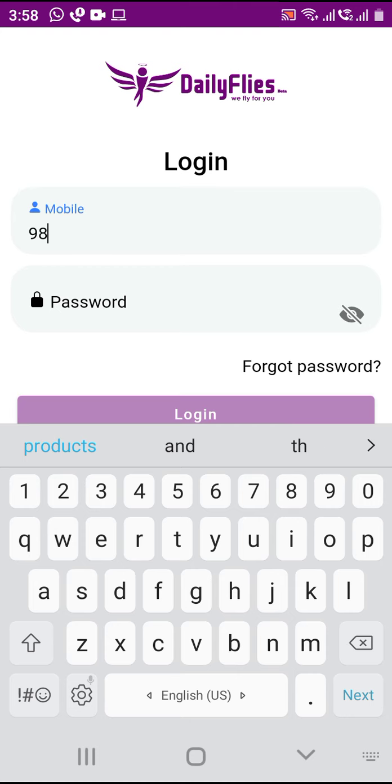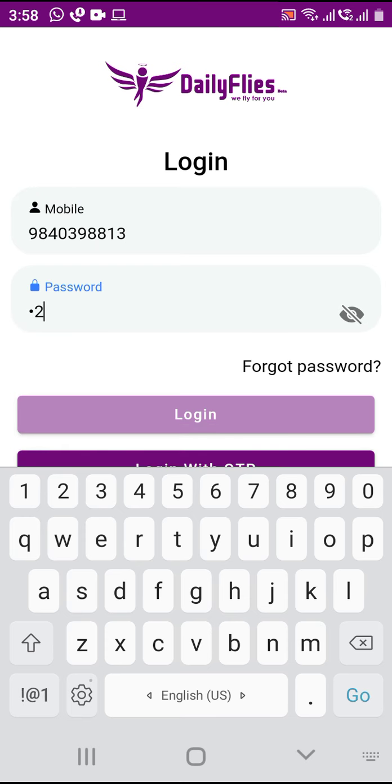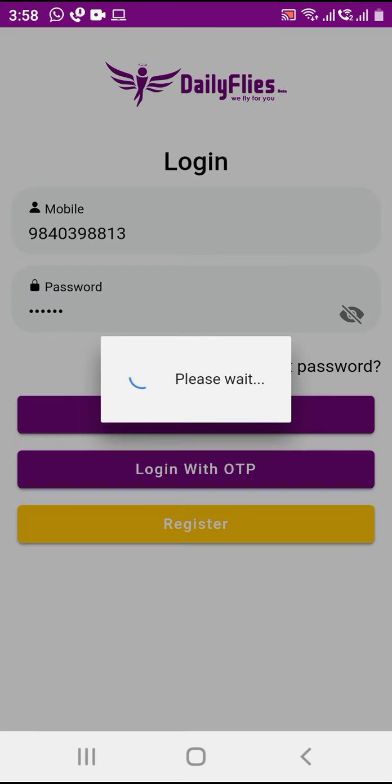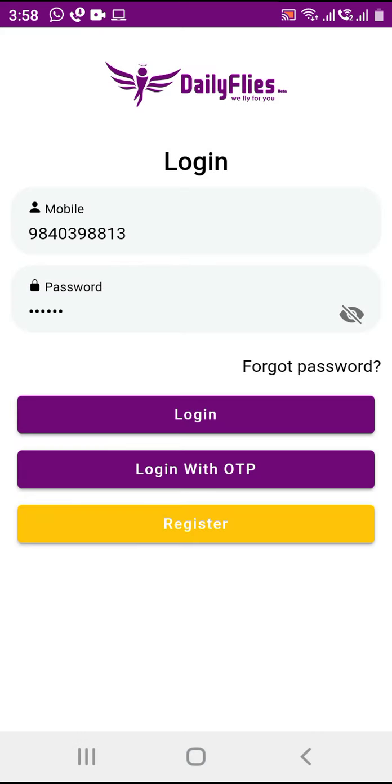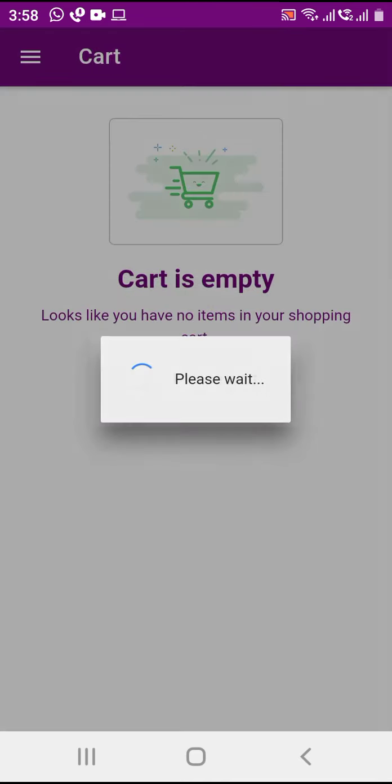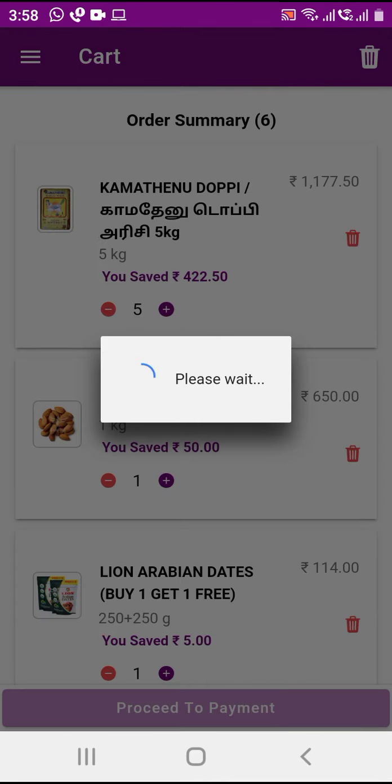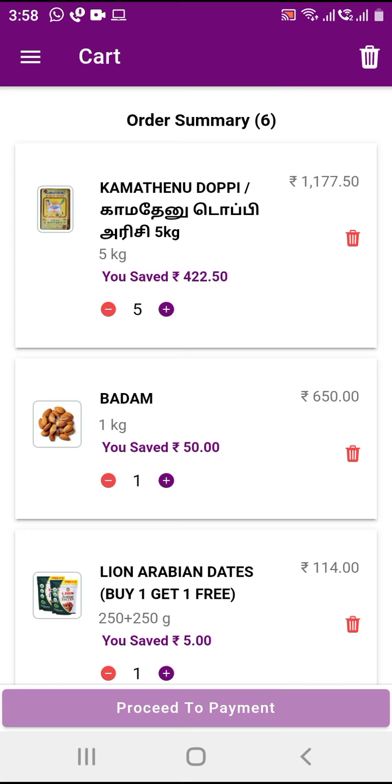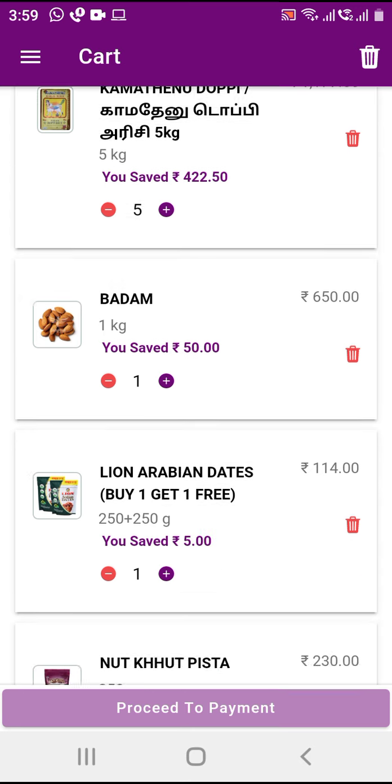If I have the username and password, I can log in. If I don't, I can register and then make a purchase. The registration steps are also very simple and straightforward, so the customer doesn't have to stress much. Really simple. We capture the name, mobile number, those things only. In that area we have also given the reference code. If somebody has referred, you can use that referral code.